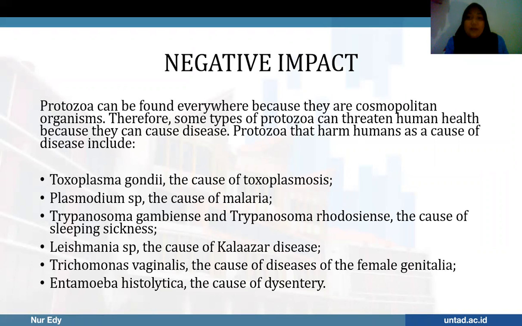Protozoa that harm humans as a cause of disease include, first, Toxoplasma gondii, the cause of toxoplasmosis, and the second, Plasmodium sp, the cause of malaria, and the next, Trypanosoma gambiense and Trypanosoma rhodesiense, the cause of sleeping sickness, and the next is Leishmania sp, the cause of Kala-Azar disease, and the next is Trichomonas vaginalis, the cause of disease of the female genitalia, and the end is Entamoeba histolytica,